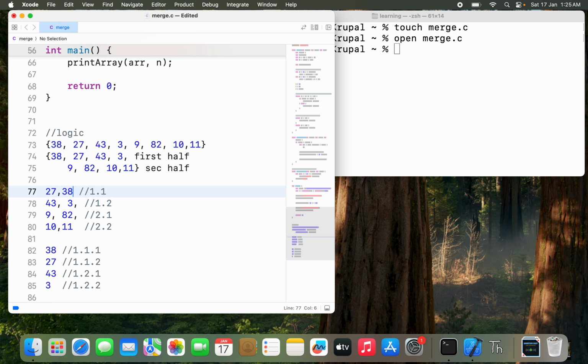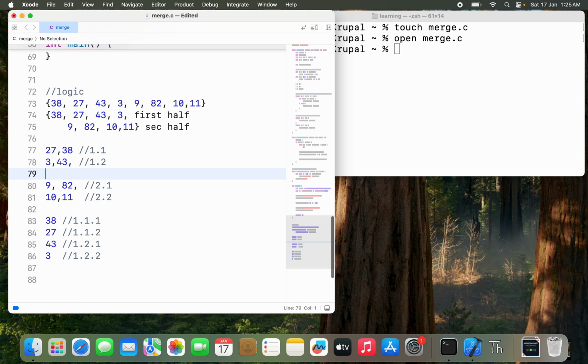Similarly, we can move on to 1.2, and 3 is smaller than 43, so I'm just going to sort 1.2. The next being your 9 and 82, it's already sorted, but regardless, once you're done with comparison, you're going to end up with the same array. The same applies to 2.2 as well. Now you have four sorted arrays which you're going to combine back,